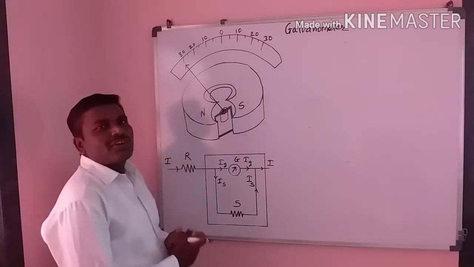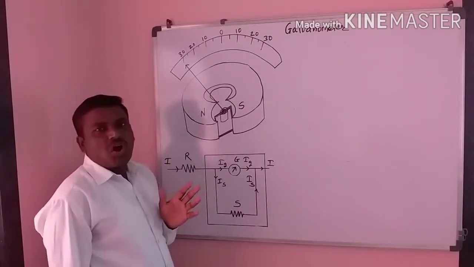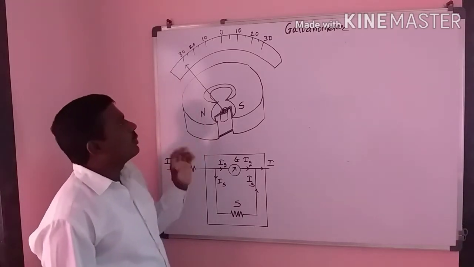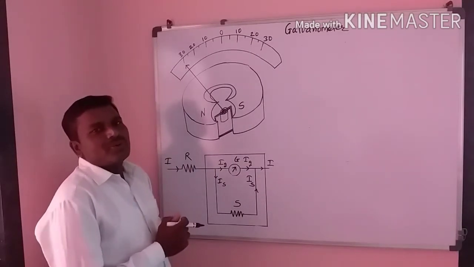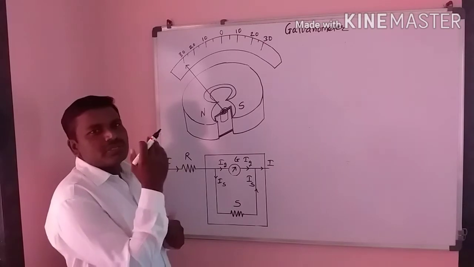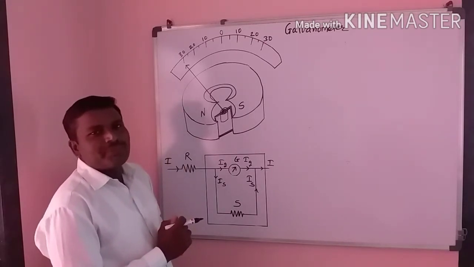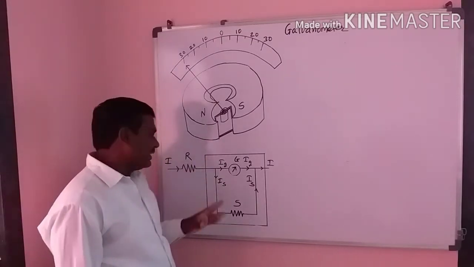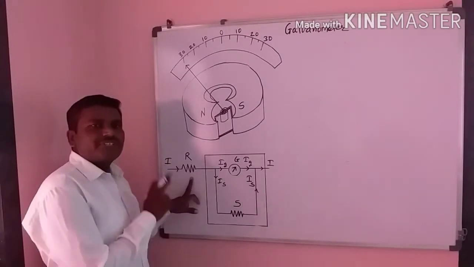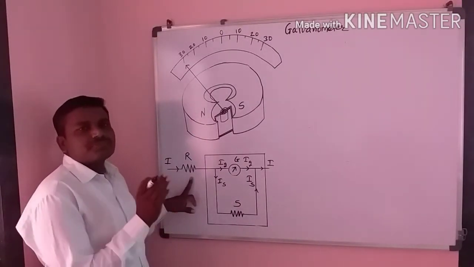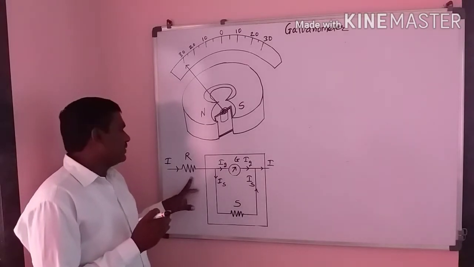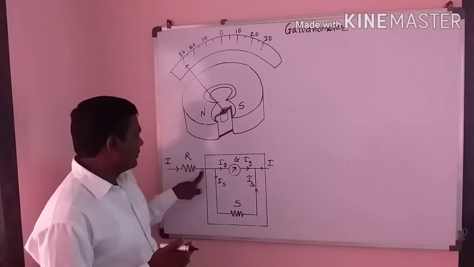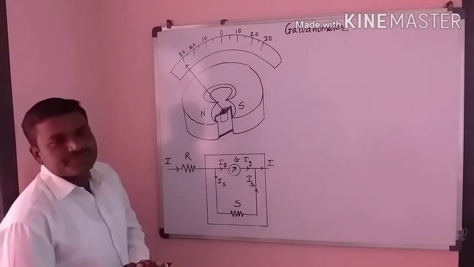This moving coil galvanometer is used as an ammeter or a voltmeter. That means we measure the current and voltage also. First we learn how the moving coil galvanometer is used as an ammeter. For use of the galvanometer as an ammeter, always remember that the moving coil galvanometer is always connected in series with the resistance at which we want to measure the electric current. That means if this is the resistance and here we want to measure the electric current, the moving coil galvanometer is connected in series.